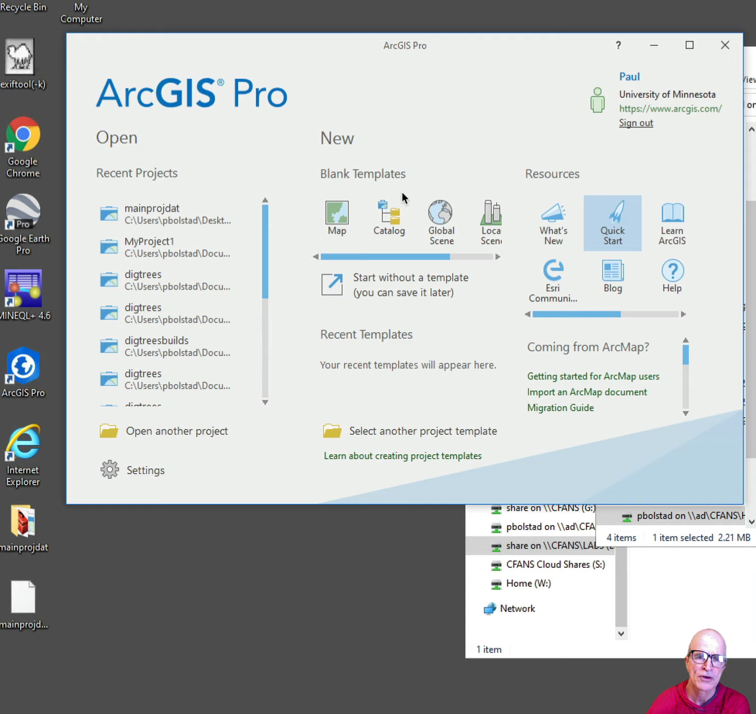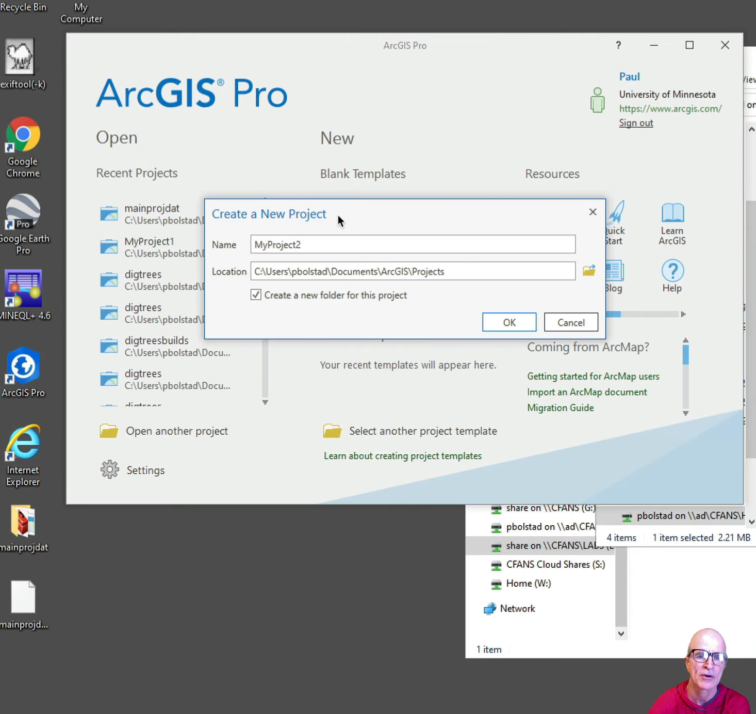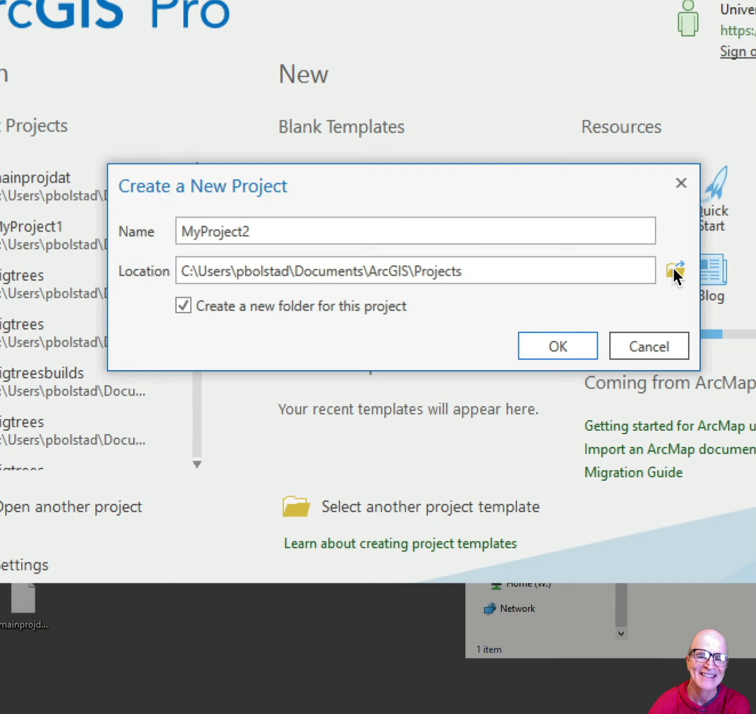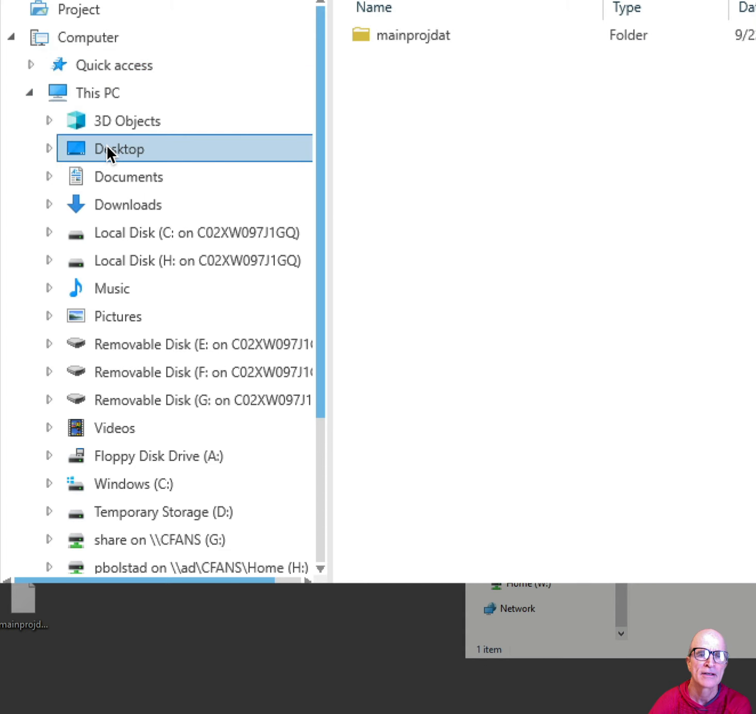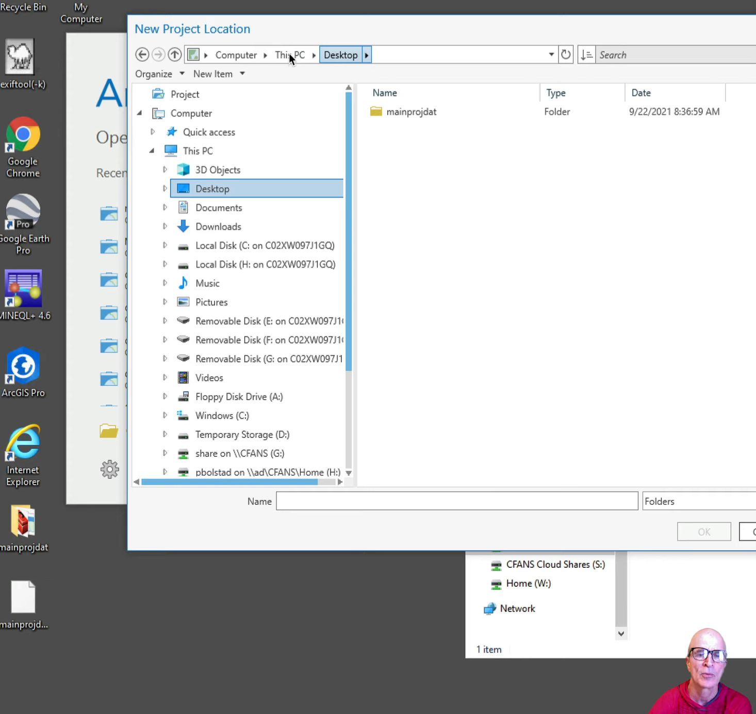So some folks are not setting the coordinate system correctly when they start a project. So if I left click here in Arc to start a new project, I want to be careful, as I described earlier, about where I set these. So I'm going to start my new project here on my desktop folder. So I'll go to this PC onto the desktop. And so on the desktop then is where I'll put my